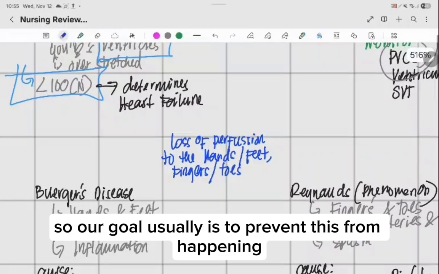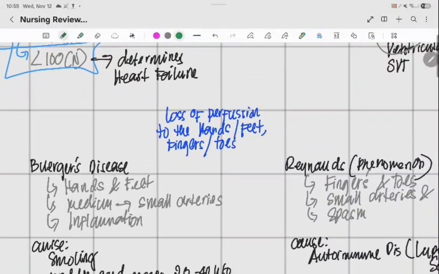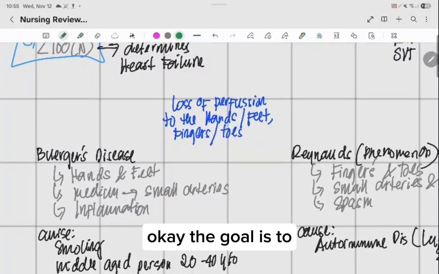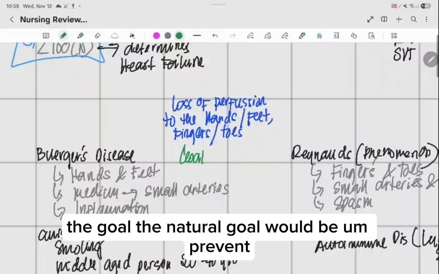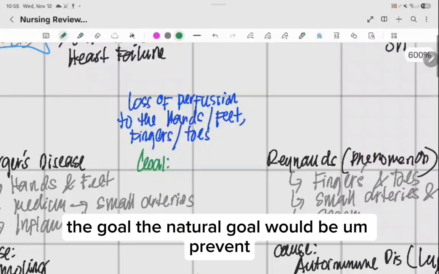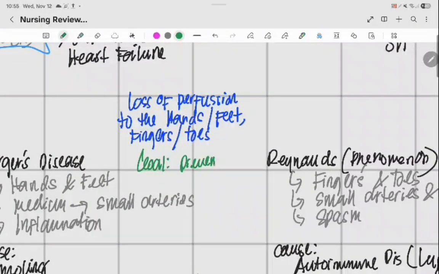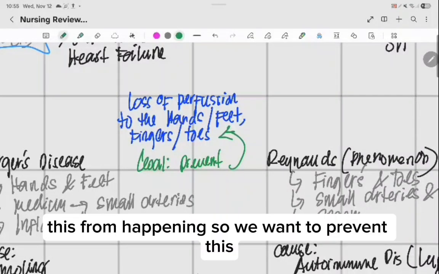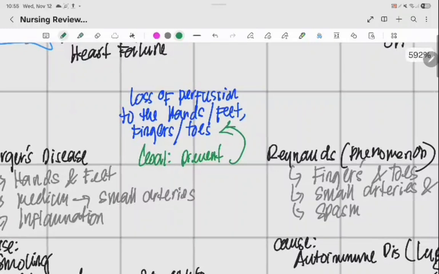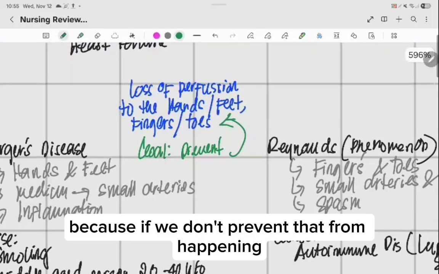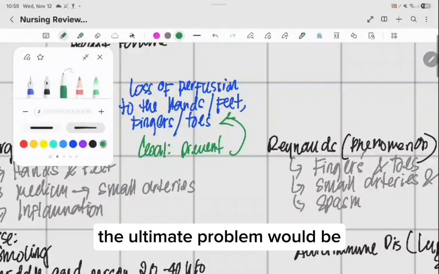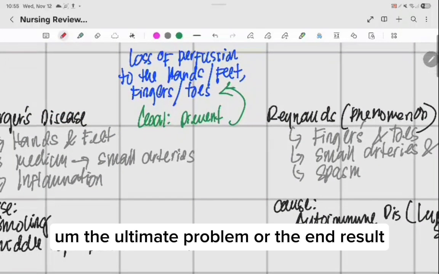So our goal usually is to prevent this from happening, because if we don't prevent that from happening, the ultimate problem, or the end result,